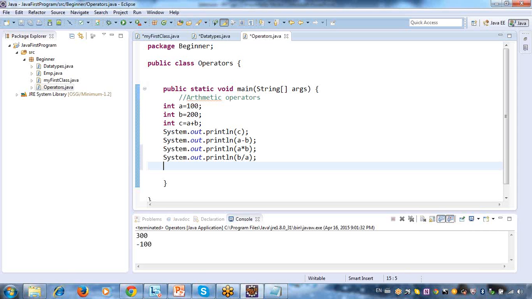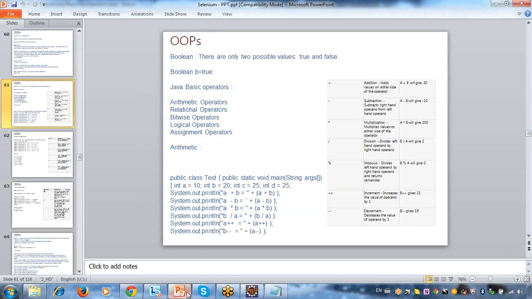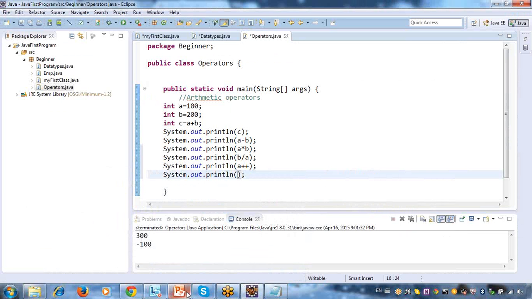And one more thing, you also have increment of a single variable or decrement of a single variable. You can increment your single variable by saying a plus plus. What I am trying to do here is increment a variable, or you can also decrement a variable as well.